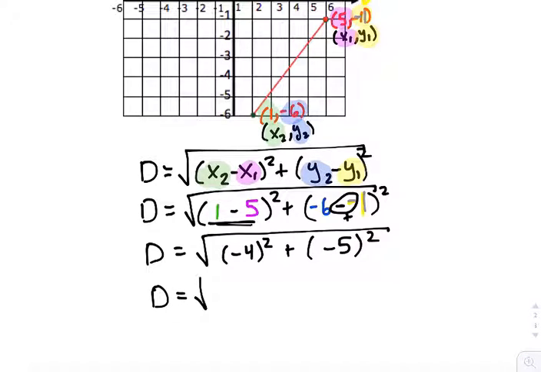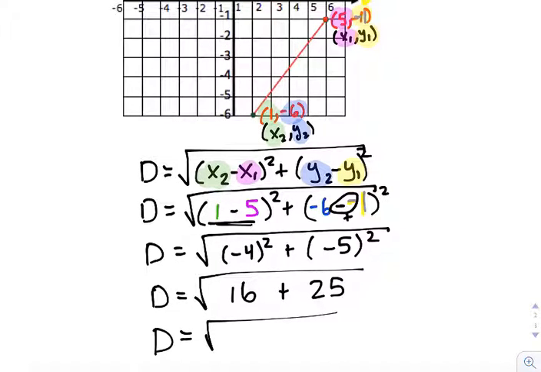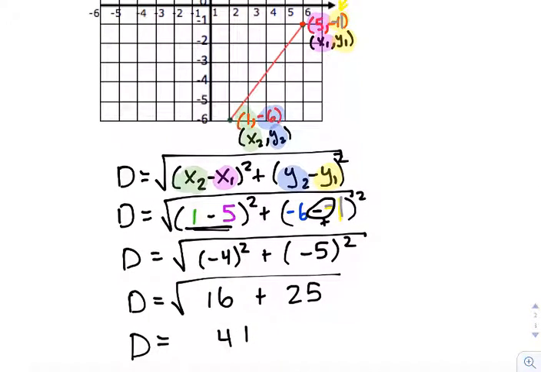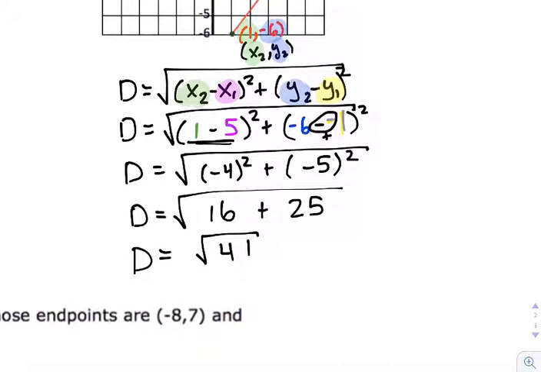Continuing, so we still haven't resolved the square root, but we now do have negative 4 squared. And this is the beauty of the squaring. It's always going to be a positive number as a result. So negative 4 squared is going to give you 16. Negative 5 squared is going to give you 25. Okay, so adding together, let's see, we have 20, 30, and that should give me 41. Kind of overshot my square roots. And so again, this would be a perfectly fine answer to leave, just square root of 41,